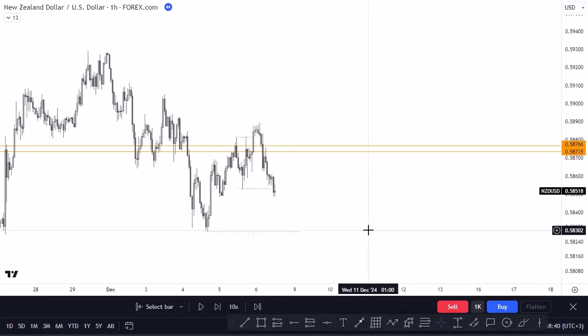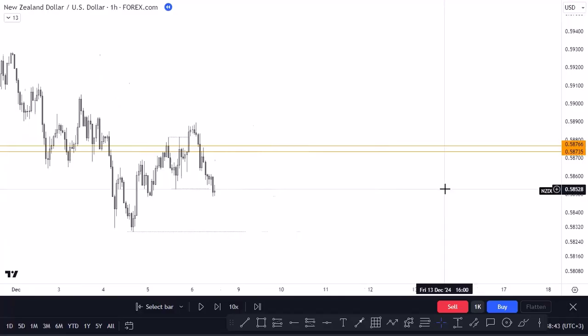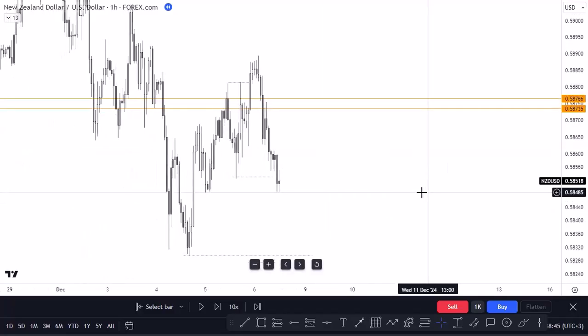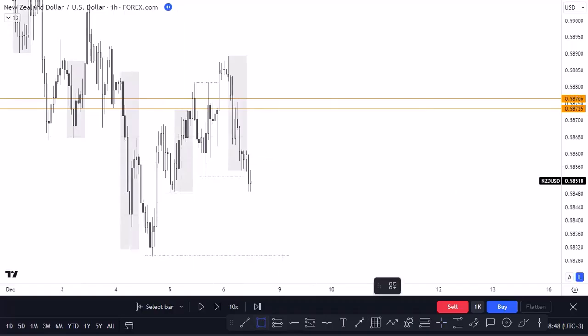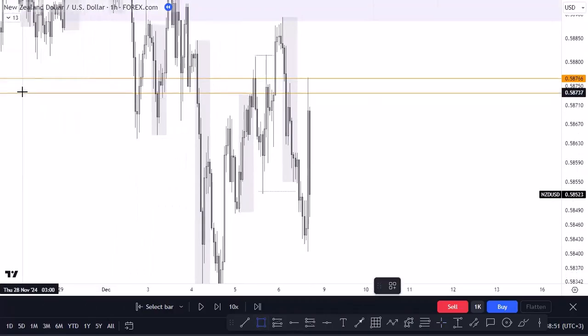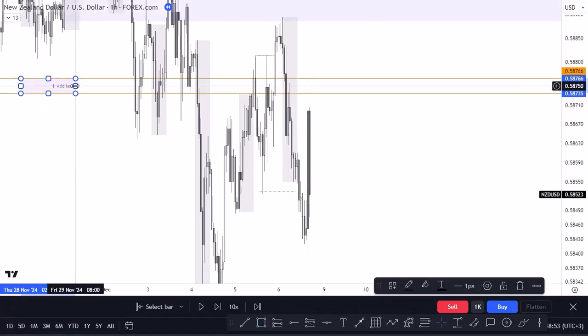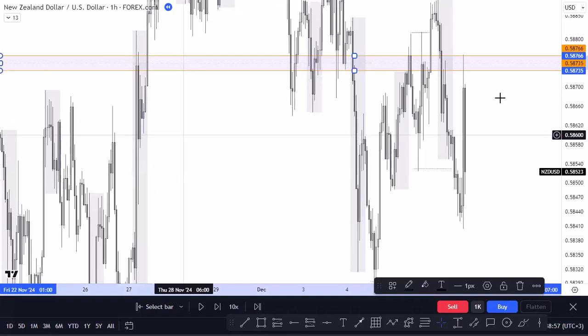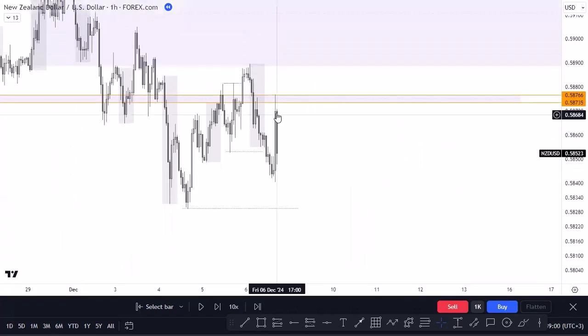So let me try first. This was the zone. The market tapped it right there. And if you can see this news, okay, 30 minutes after the news, the market tapped right there. So I chose to enter right there because the news had already come in and there's not that much volatility. So I entered here,